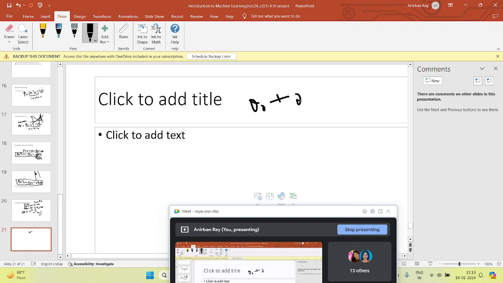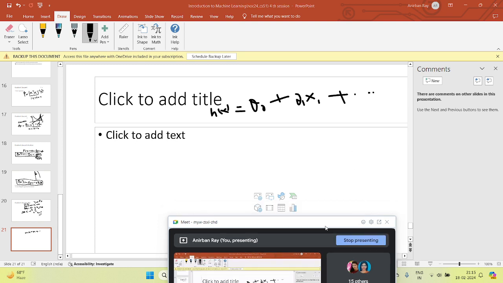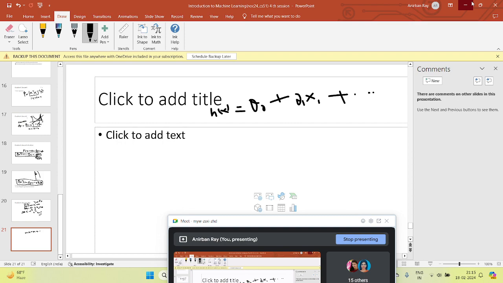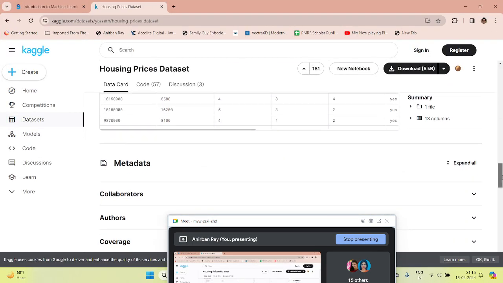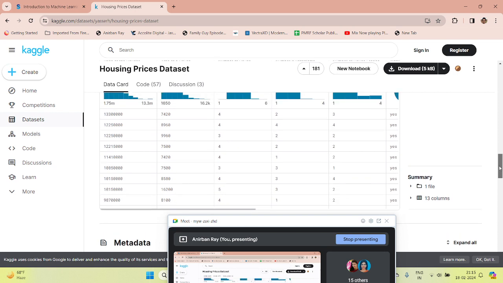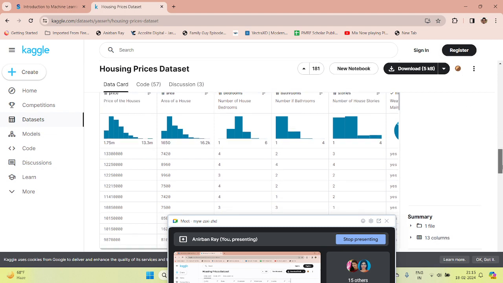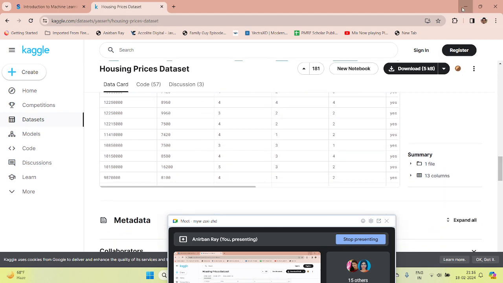Theta 0 plus theta 1 x1, this is the hypothesis I have told you before, plus theta 2 x2, theta 3 x3, and so on. You have the data set here, and you have to run gradient descent with the squared error cost function